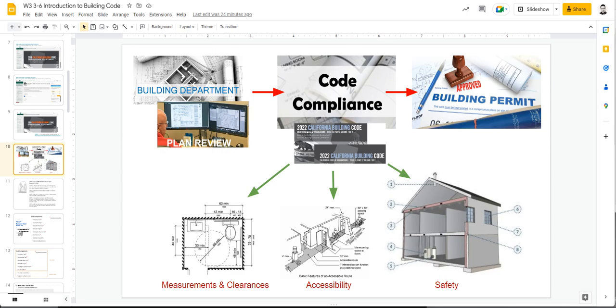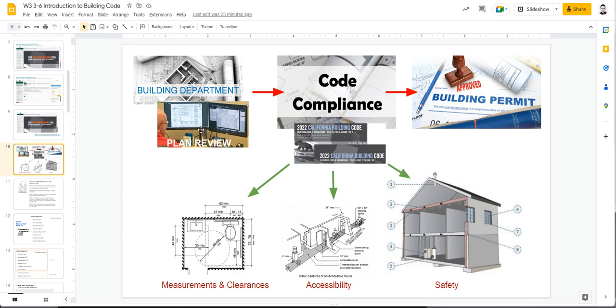It could be 2019, it could be 2022, and they're going to check for measurements and clearances, accessibility, safety, and when you have finally met that, then you will get a building permit approved, and you're ready for construction. So this is the job of the architect, is to make sure that it passes the building code,